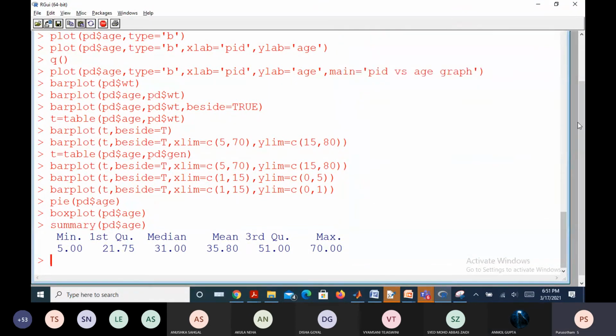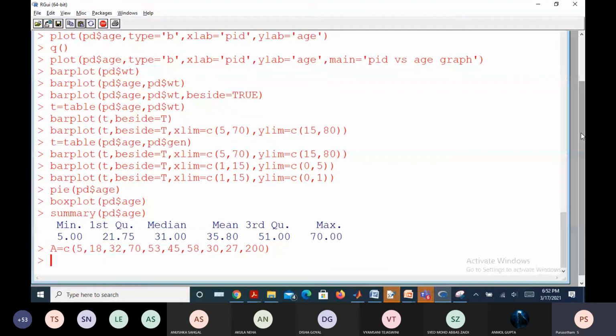Say for example, if you wanted to look at the outlier, what I can do, just for instance, I'll change this to the variable a, and I'm going to add something like 200 here. Now, what's the syntax we have used?